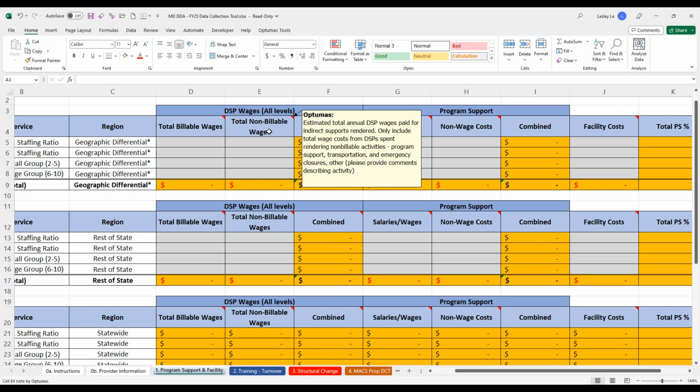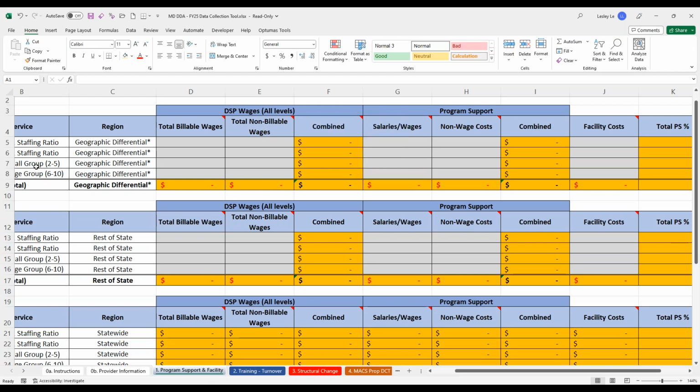Either Jennifer or Robert, but the training data, only employees at the start of the fiscal year 2022 or all employees hired throughout the year? So we're looking for all employees hired throughout the year that needed training. And then the ongoing training would be employees who were hired prior to fiscal year 22 that needed any ongoing training. So our intent is to capture how much time DSPs spend throughout the year in training. And so if you hire them mid-year and they need to start training, we would also need that information.